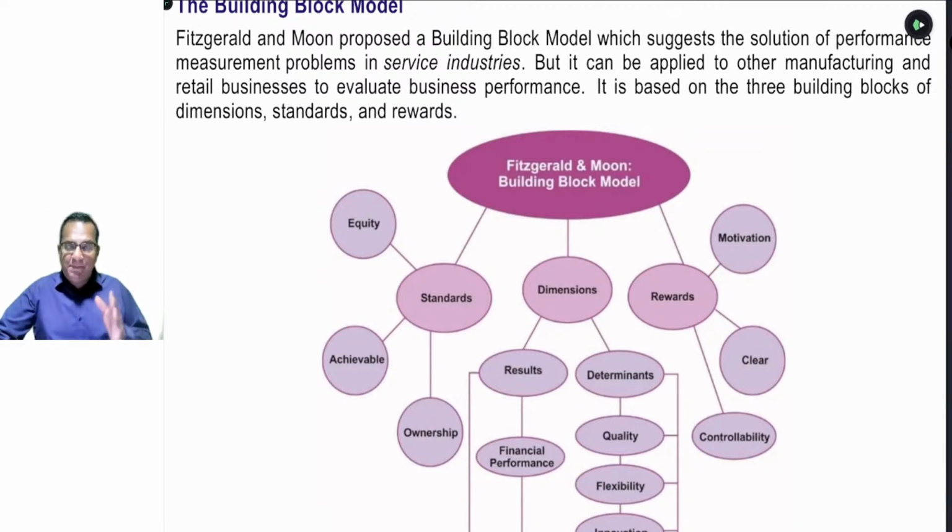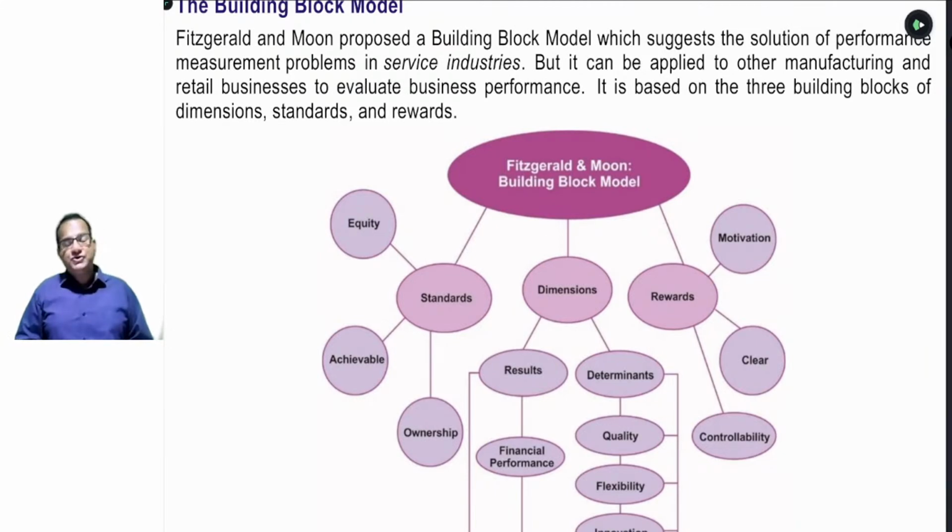Whenever you fix the measure, how to measure whether the objectives are achieved or not, then definitely we are having 3 KPI characteristics. These are not the KPIs, these are the characteristics available with that KPI. The first characteristic is it should be equity. It means the challenge level should be the same for all the departments concerned. I'm not saying the challenge should be the same. We are saying the challenge level should be the same for all the departments.